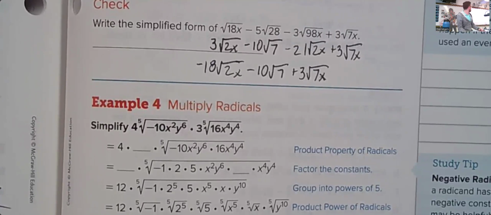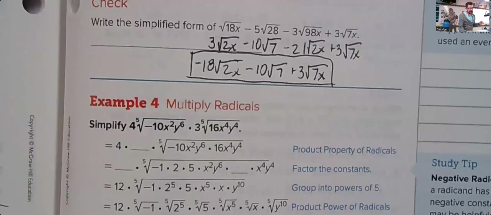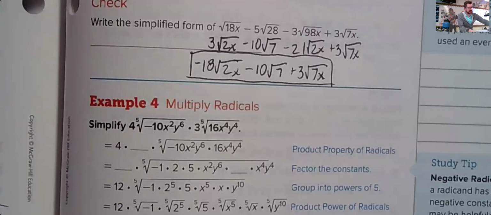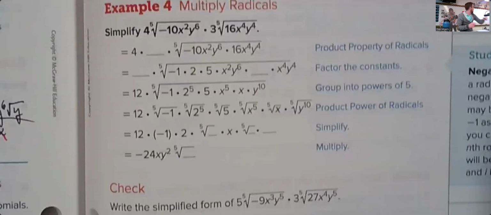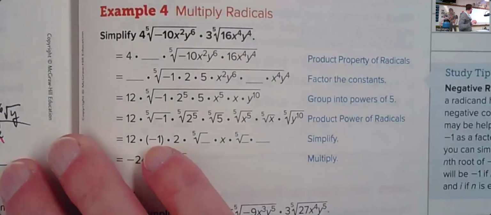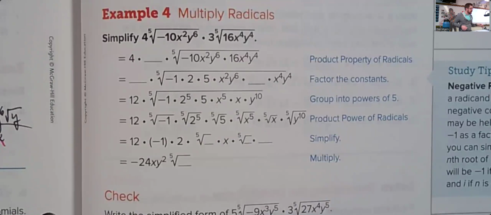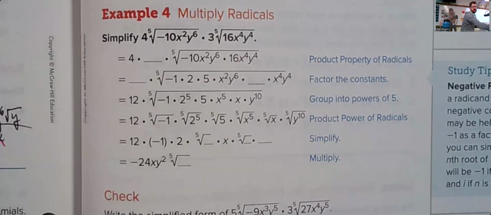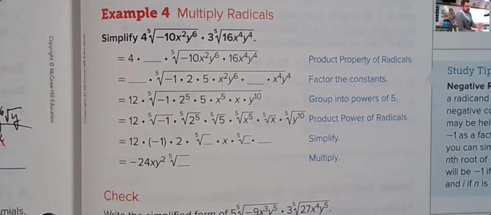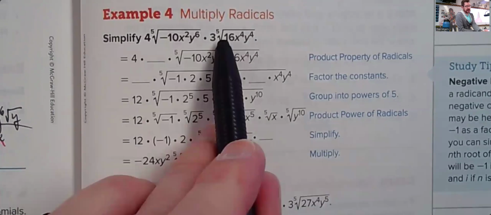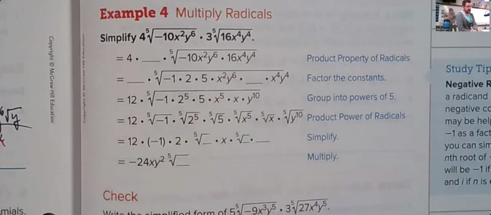Let's try another one. So this next one is our answer, by the way. This next one, we might be looking for like radicals, but at least not initially. Because this time we're not adding or subtracting radicals, we're multiplying. So you can multiply radicals if the index is the same. And because this index is 5 and that index is 5, that means we can go ahead and multiply the